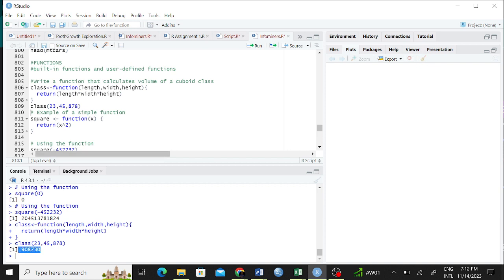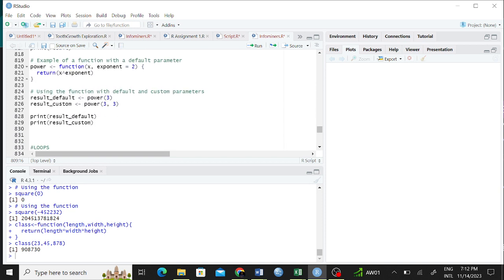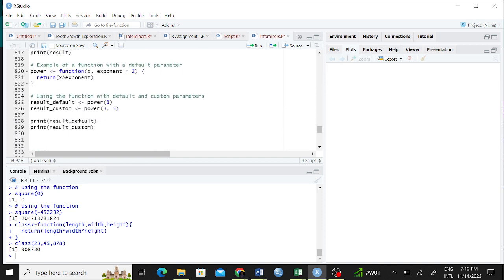So depending on the metrics you're using, centimeter cube, and so on. Okay, I think that is understood. Anybody having a question there on functions? Nobody is having a question.